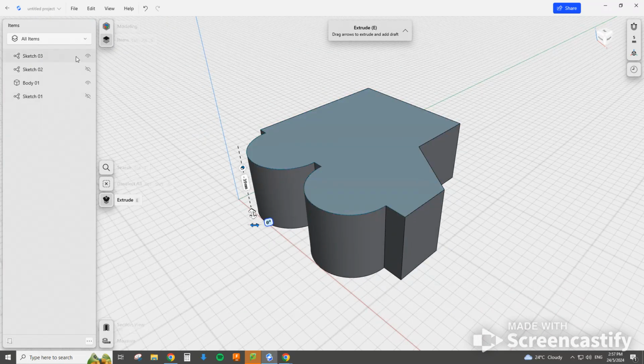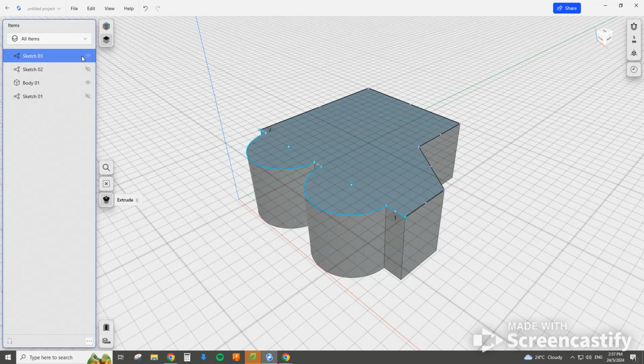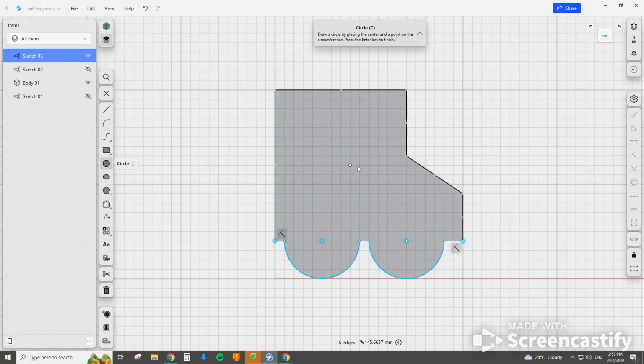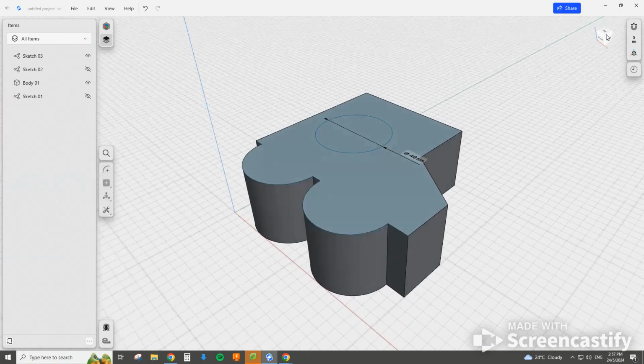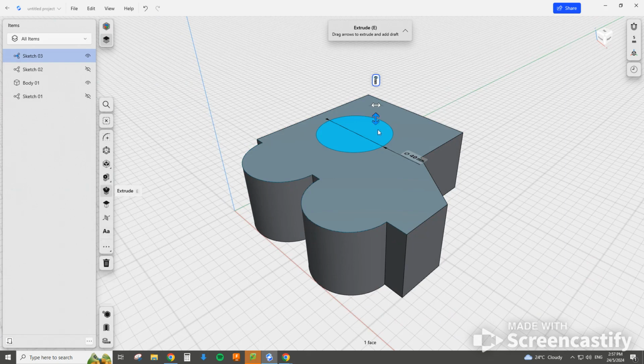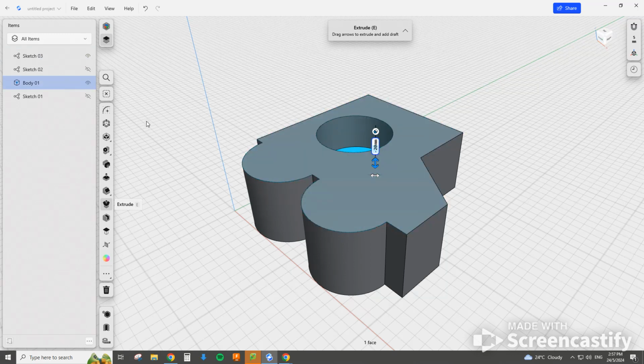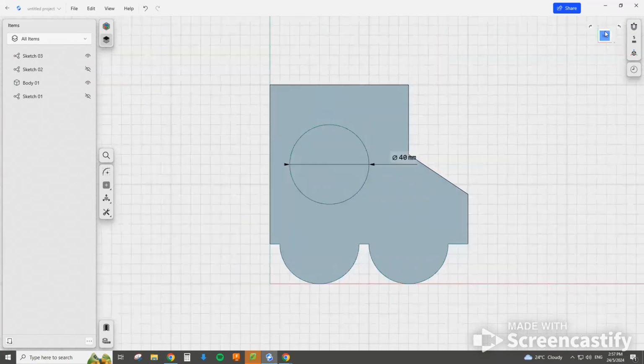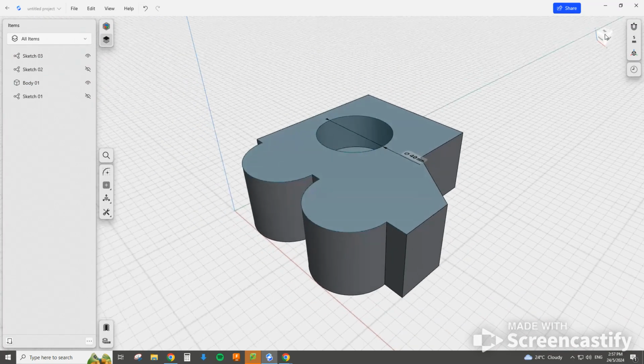I want to go back to the top sketch. So by clicking on it, it reactivates that sketch. If it's blue, the sketch is active. Click on the word top. Now I'm going to draw another circle. And I know this needs to be 40 millimeters for the candle. Click again on top. And I can draw this down, but not going all the way through this time. I just want to go to maybe 20 mils, a good distance. And now we can see that we got that candle holder, but it doesn't actually come all